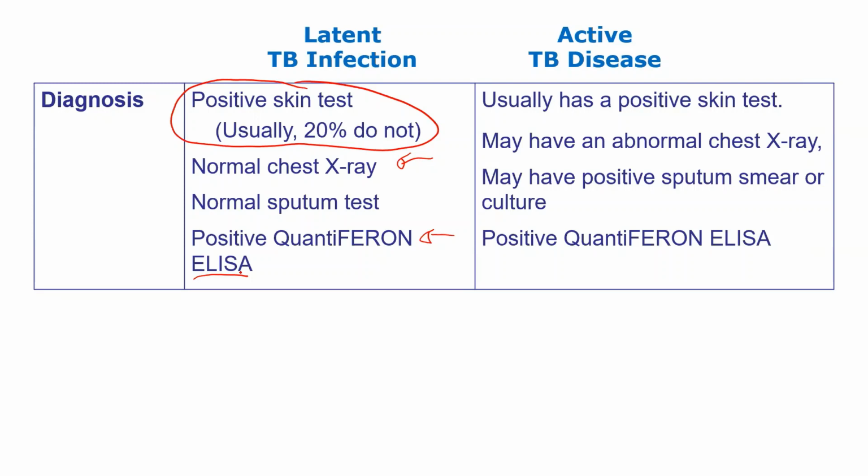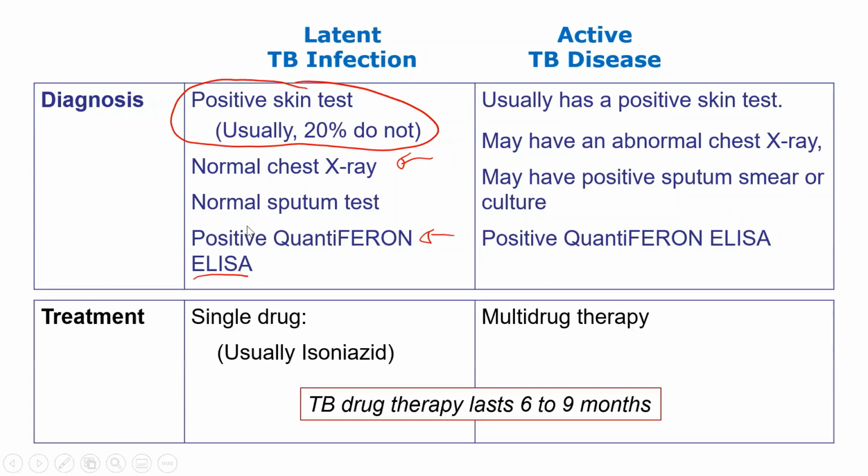You know, something that might be standard in Alberta may not be standard in Newfoundland or Ontario or something like that. If you have active tuberculosis, usually the skin test is going to come positive. Usually there's symptoms, so you're going to have an abnormal X-ray and all those kinds of things, right? So treatment, this is where it gets super complicated, and this is something that changes all the time for tuberculosis